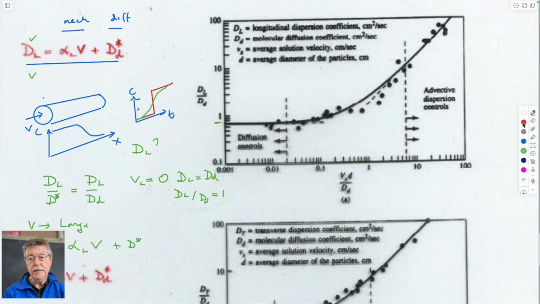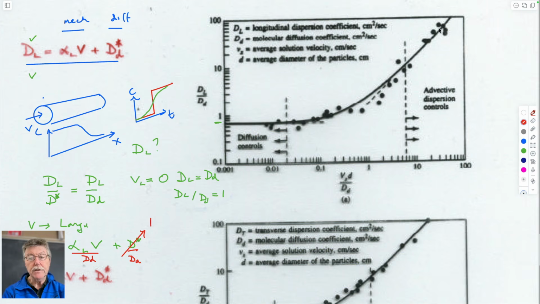And of course, that last parameter goes to 0. And so if you divide this through by dd, I guess this becomes 1,